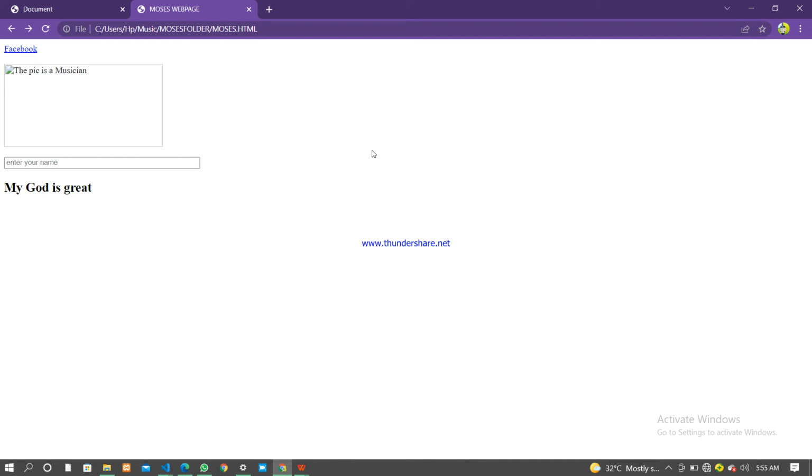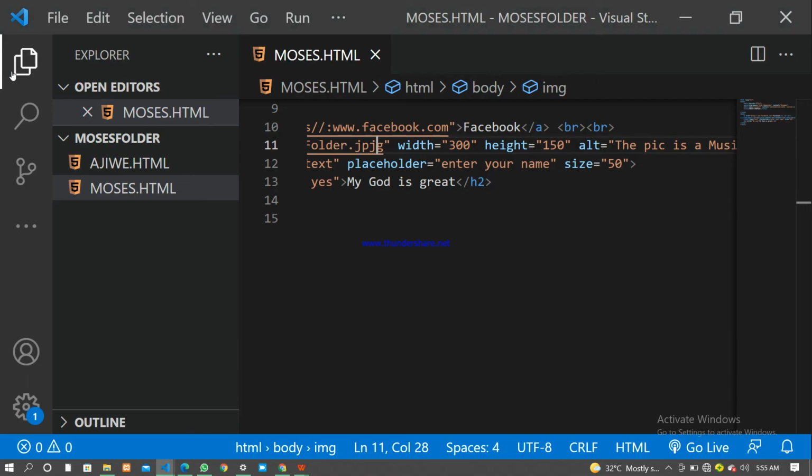So what this implies is that if you could not find the picture to place on it, using the alt helps that img tag to at least tell exactly what it means. So once the visitor visits that website, they will understand that the picture expected to be here should be the picture of a musician. That is what that means. The same thing applies to